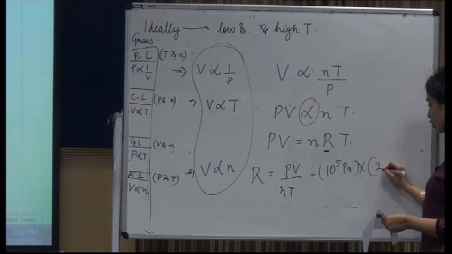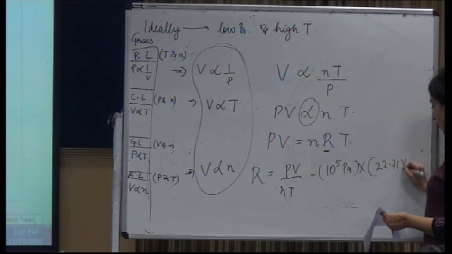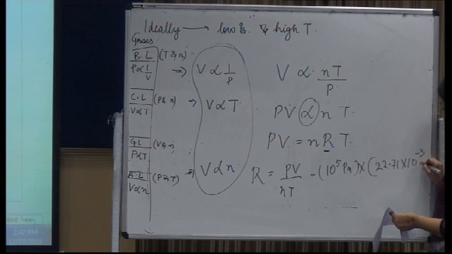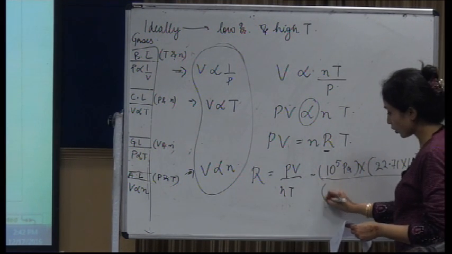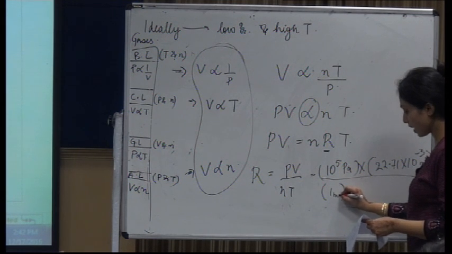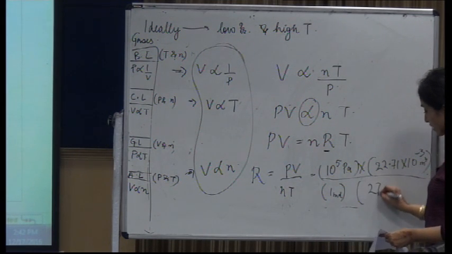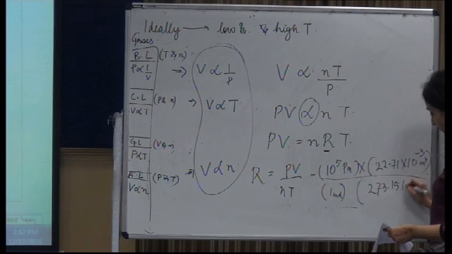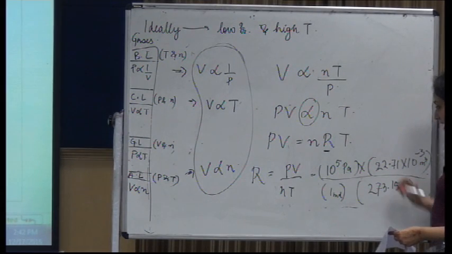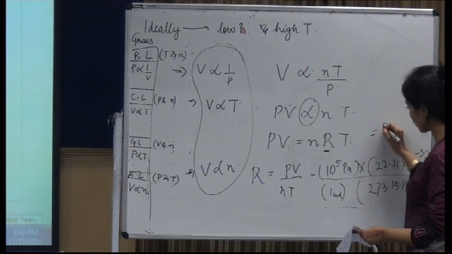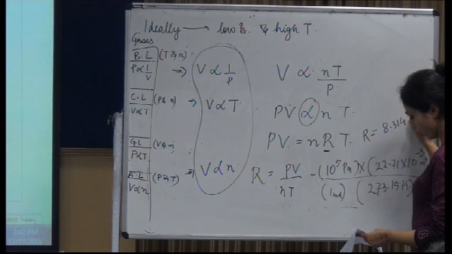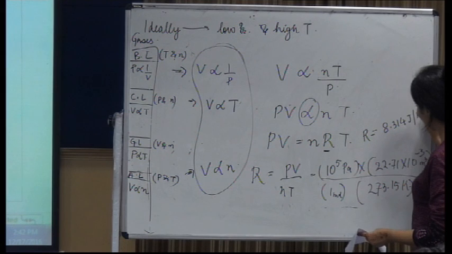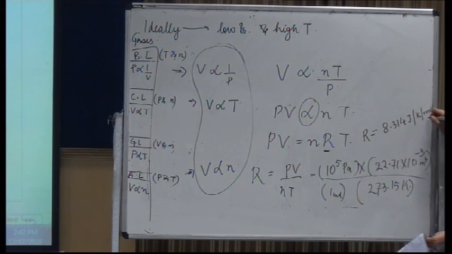That is 22.71 into 10 to the power minus 3 meter cube. I am just telling you that these are the units which were taken. n is your 1 mole. And your temperature is 273.15 Kelvin. On substituting all these values, you get R equal to 8.314 joules per Kelvin per mole, or joule Kelvin inverse mole inverse,